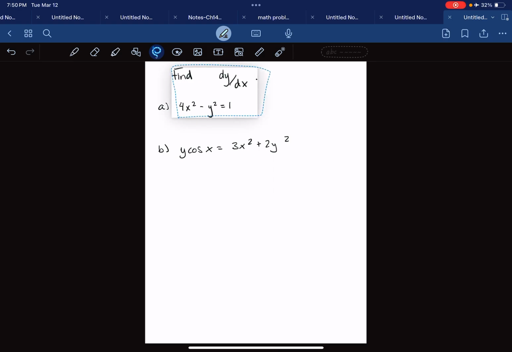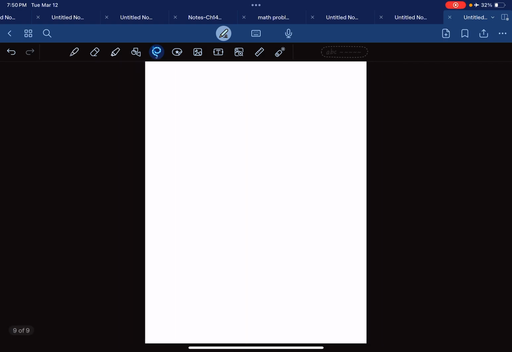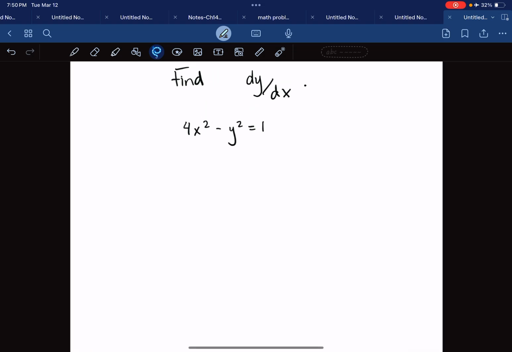So there are going to be a couple of main steps that we're going to follow. We're finding dy/dx for 4x squared minus y squared is equal to 1. So our step 1 is going to be multiplying everything in the equation